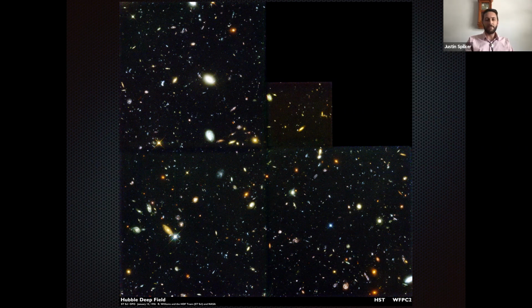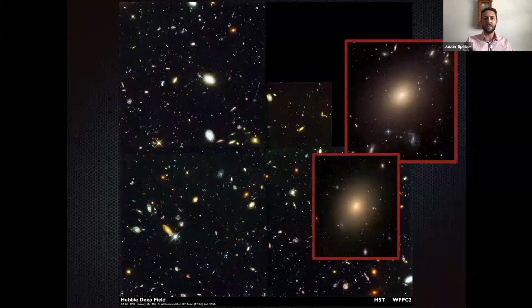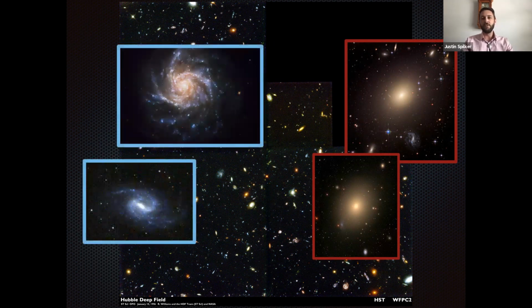But of course, as we remember from our Astro 101 classes, you can broadly distinguish these, even by eye in this image, into a couple main types. So we have these red, poofy, elliptical galaxies. The fact that they're red tells us that they haven't formed any new stars in the past billion years or more. And we also have these big, beautiful blue spiral galaxies like the Milky Way that we live in. And the fact that those are blue tells us that they are forming young stars, and we're seeing that blue light coming to us directly from those stars.